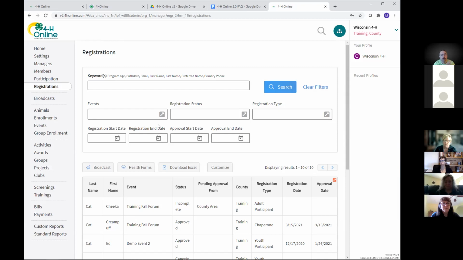What I have to do is add them to the 4-H online directory, which means it can't be the same email address as their family. I would add them in as a manager in your county, but with no rights whatsoever. So they don't see anything. They see the menu on the side, and every time they click on it, they get an unauthorized to view or change data. Except if they go to events, they can go to the event and then whatever rights you granted them in there. So it is something I can do.